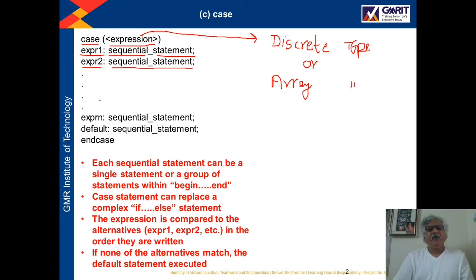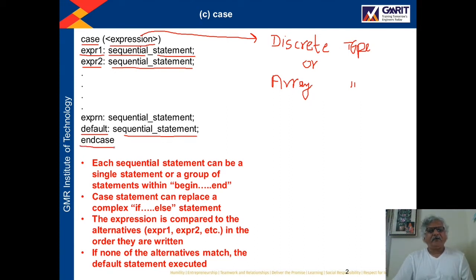In this way, depending upon the various possible values of the expression, some set of sequential statements will be executed. And in the last, we have to write the default sequential statement. For the default condition, this set of sequential statements will be executed. We will see this with the example.